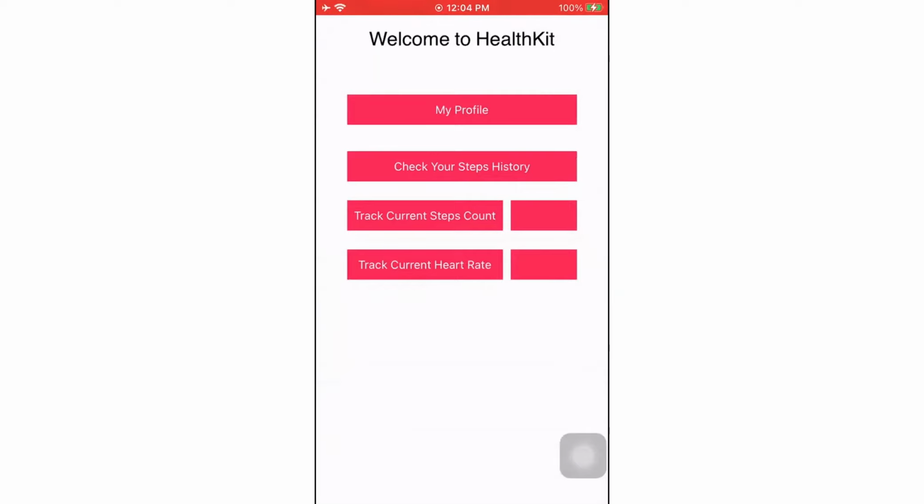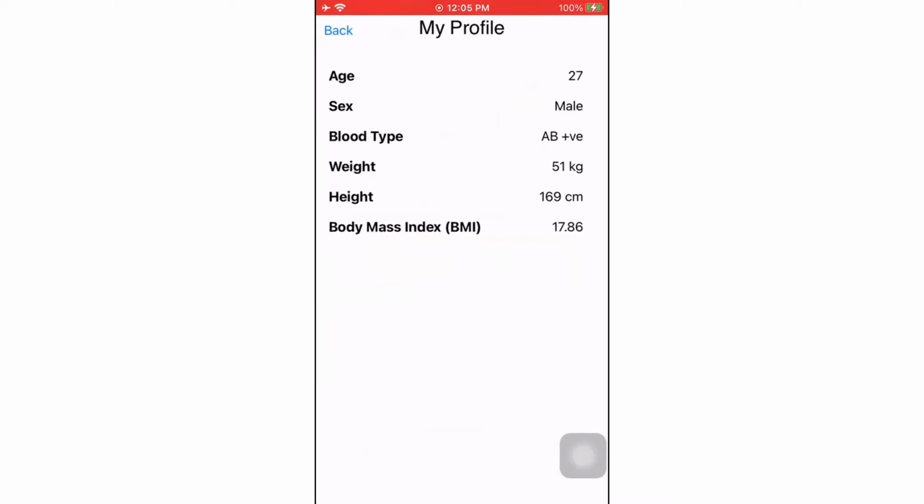So here, as I already told, we see there are 4 sections. First one is the profile, second one is check your steps history, then track current steps count, and track current heart rate. So we start with my profile section. Here my personal information will be there: age, sex, blood type, weight, and height.